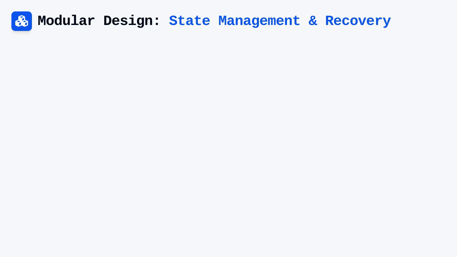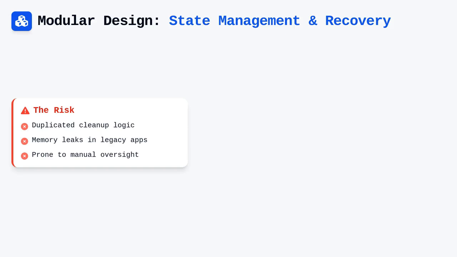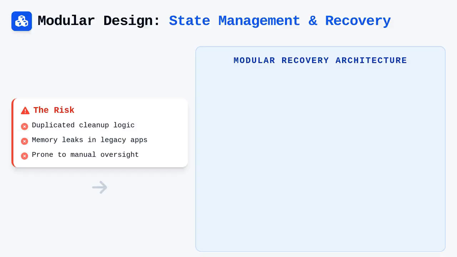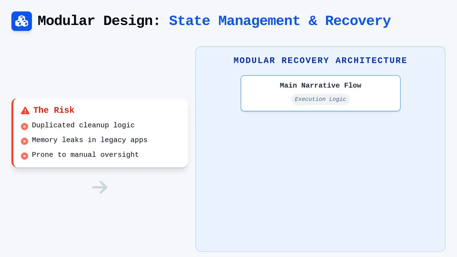One of the primary advantages of this modular design is the ability to maintain a clean state during execution and, crucially, during failure recovery. Imagine a scenario where your flow is interacting with a legacy Windows application that occasionally hangs or suffers from memory leaks. If you embed your cleanup logic directly into your main narrative flow, it becomes duplicated, difficult to update, and prone to oversight. Instead, by dedicating a specific subflow to handle application cleanup, you centralize the instructions for closing hanging processes,